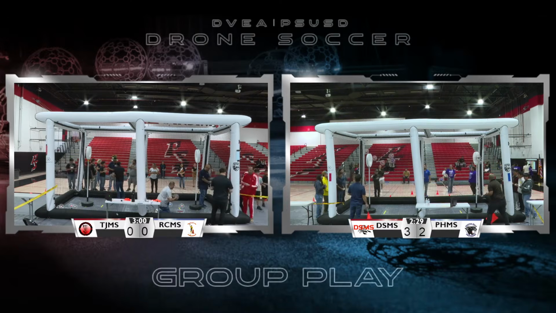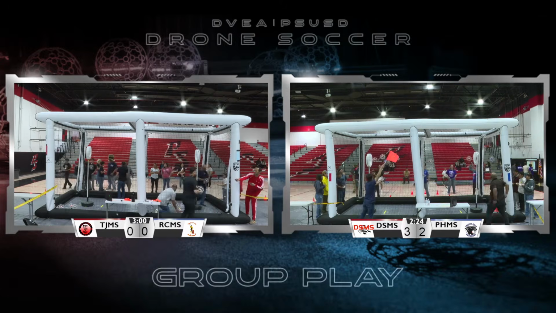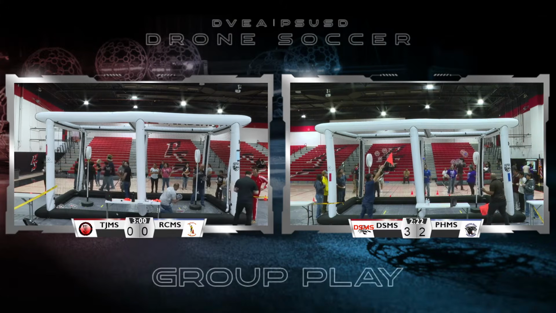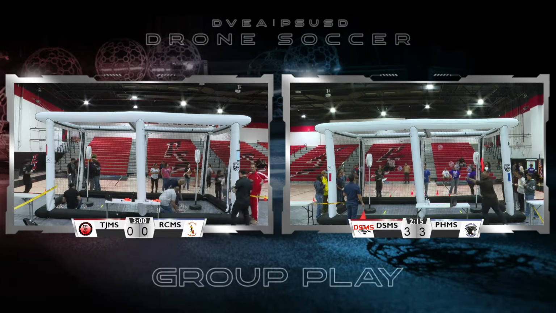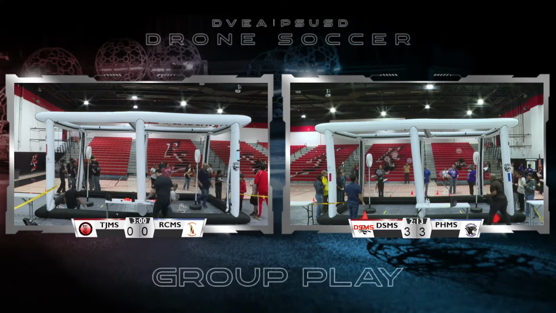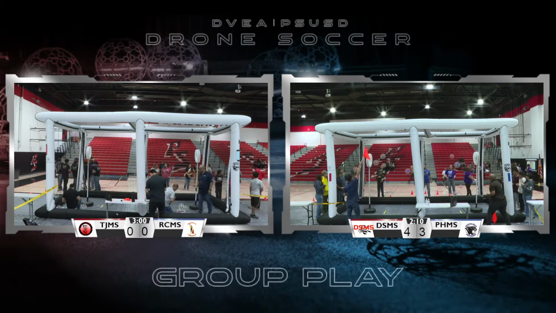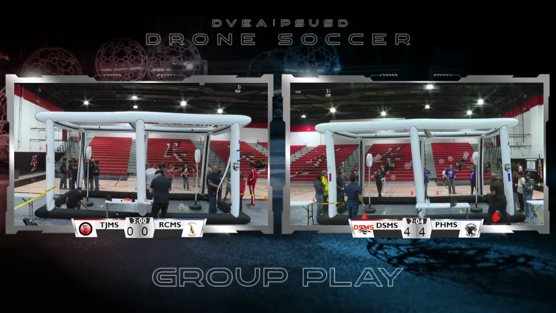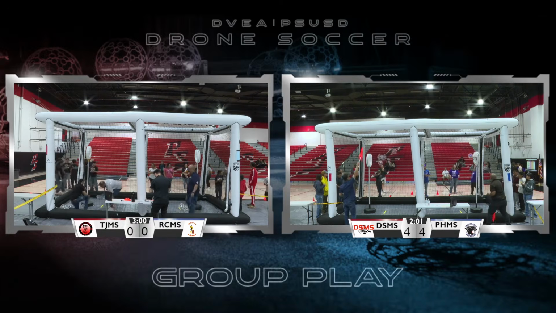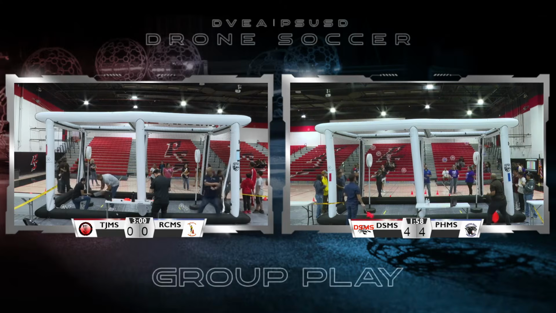We just started over here with the second round of Desert Springs Middle School and Painted Hills Middle School. Desert Springs are red drones working to fly through on the far side, and Painted Hills Middle School are the blue drones working on the left side, as they're trying to score on the left side goal. The Painted Hills Middle School blue drones are trying to score on the opposite goal. So far we have a tie score, 4-4, now 4-5, with about 2 minutes left to play. Still more than half the time left in the game.